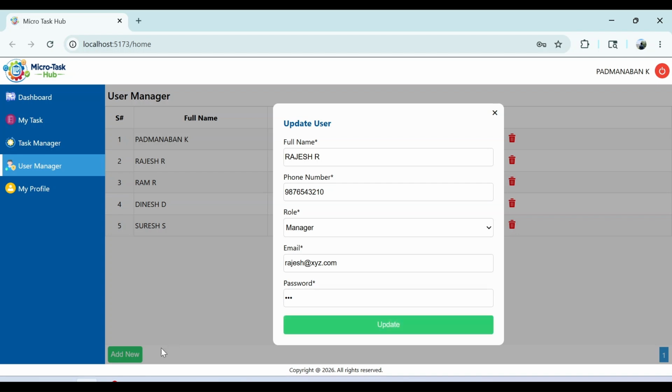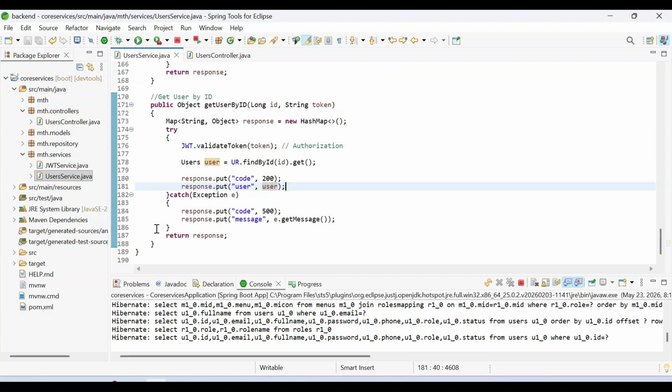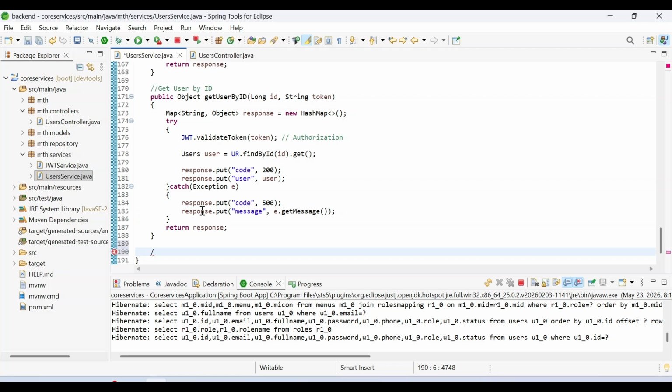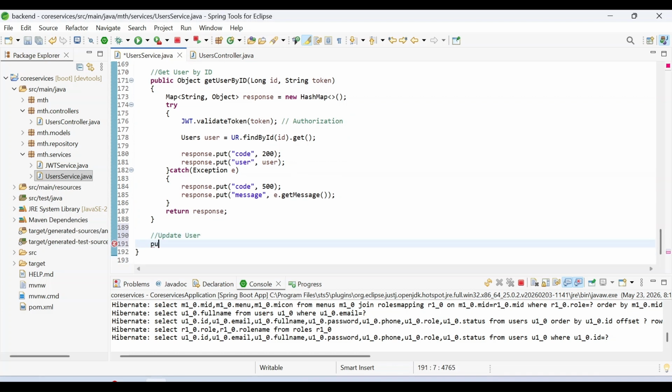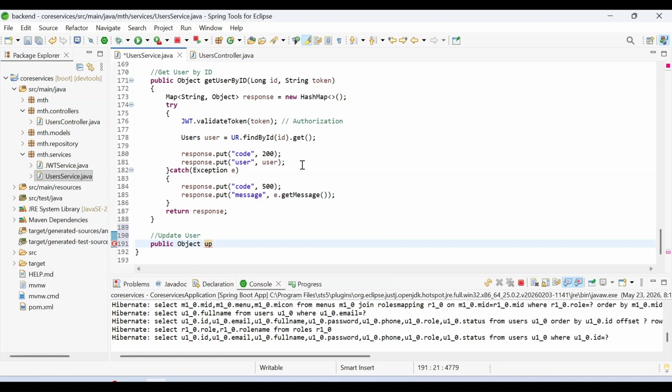the database. To save the changes permanently into the database, we need to create a method in the Spring Boot application. So return back to Spring Boot application and open the file user-service.java. At the end of the class, must create a method to update the user's data into the database. So create a method with the name update user